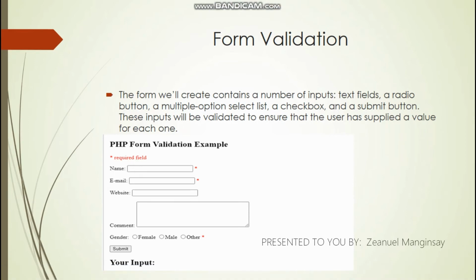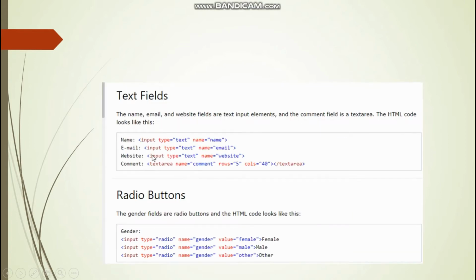Hello everyone. My topic is about PHP form validation. So, form validation will create contains a number of inputs, text fields, and a radio button. A multiple option select list and a checkbox and a submit button. These outputs will be validated to ensure that the user has supplied a value for each one. So here's my example